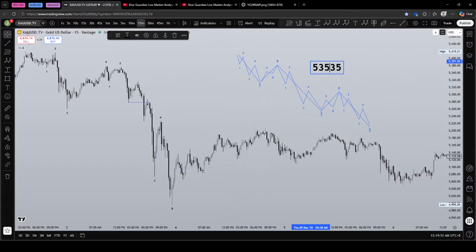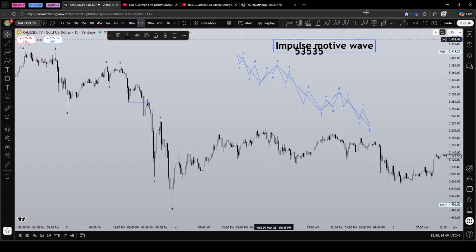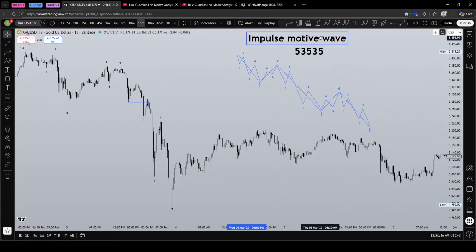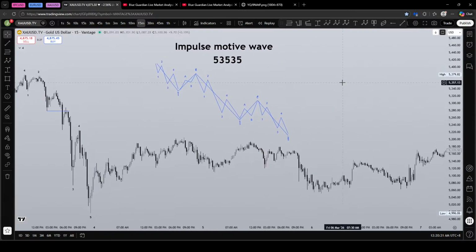We are talking about the number of waves per wave here. So five waves, three waves, five waves, three waves, five waves. So this 5 3 5 3 5 structure is what we call an impulse motive wave. Now, there are two types of motive wave. It can be an impulse motive wave, or we also have what we call the